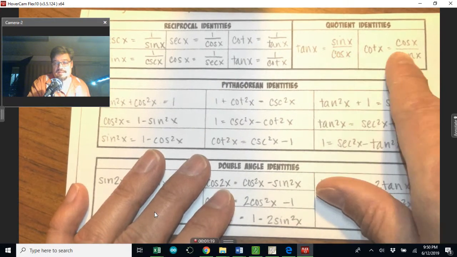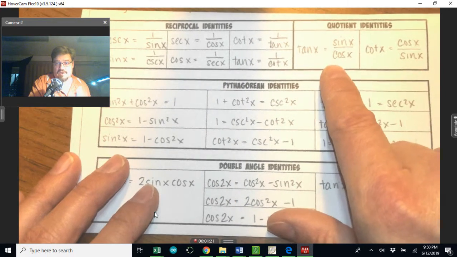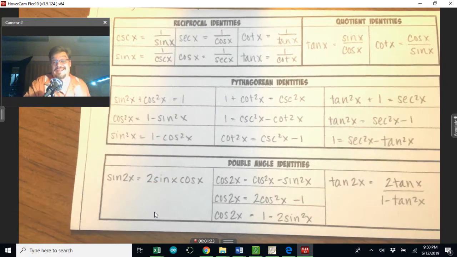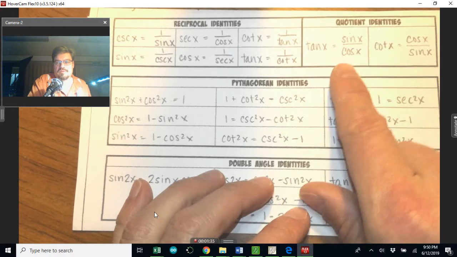Quotient identities, this is very important because sine over cosine is used a lot, because sine over cosine is tangent, which is used to calculate the altitude of things, if you remember from Algebra 2. Or did you guys do that? Maybe not. This year they did. But sine over cosine is,